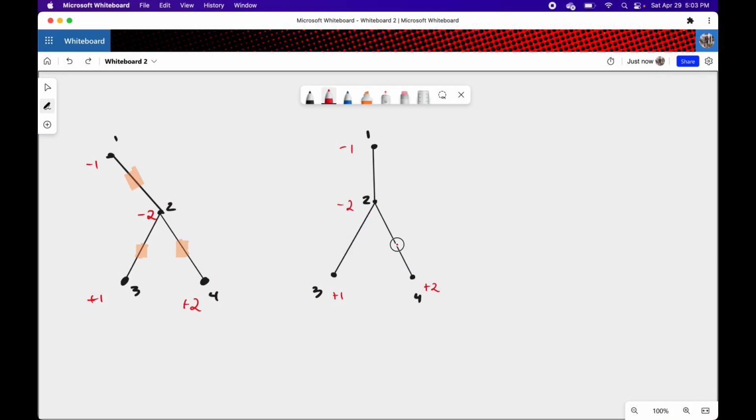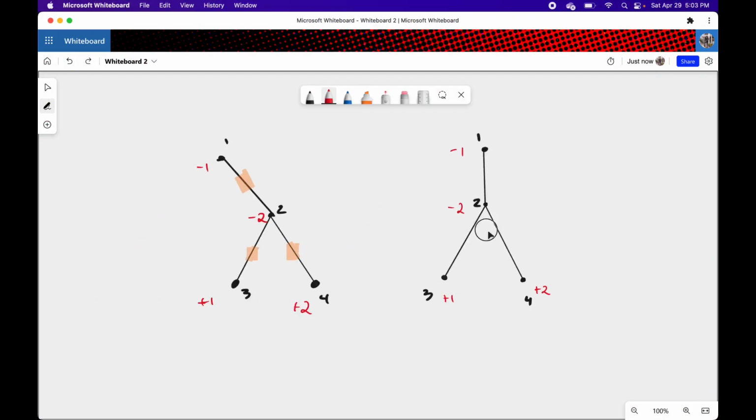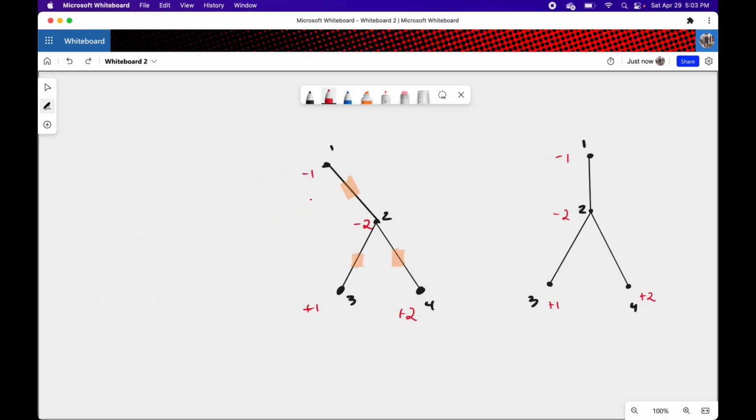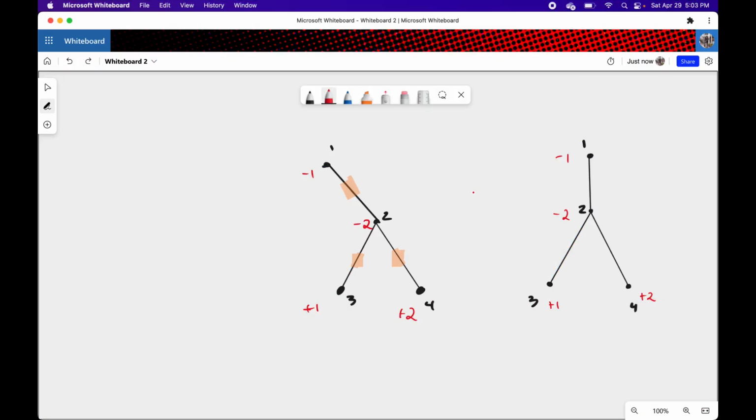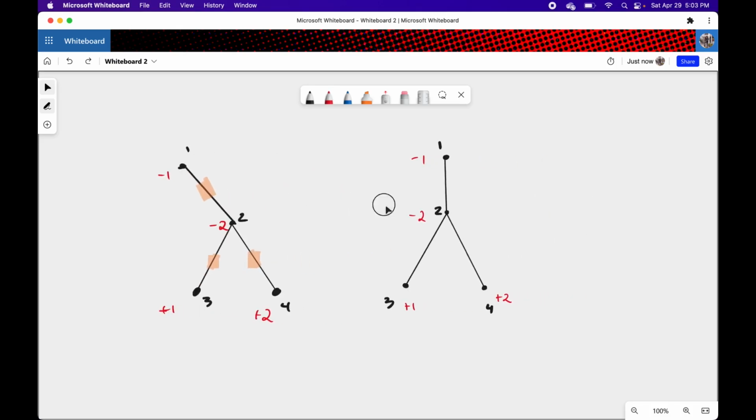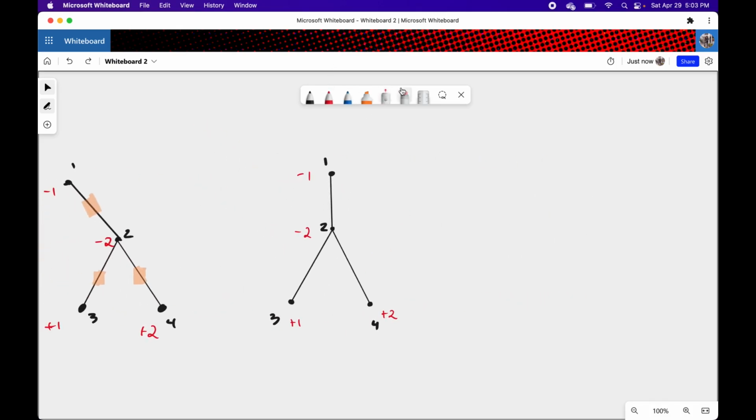Okay, let's go back. What I do know is which edges need to be moved in this scenario, but I won't always know which ones need to be moved in future scenarios. Okay, what if we approach this from a subtrees manner? So what if I consider this in a subtrees manner? If I have a subtree, for instance, the subtree of 2, then I know